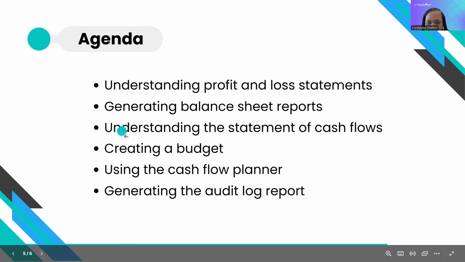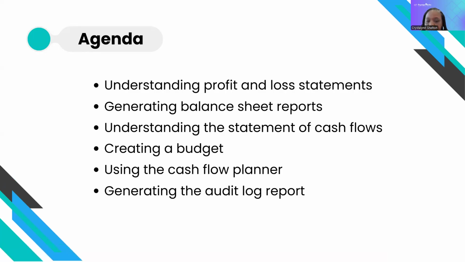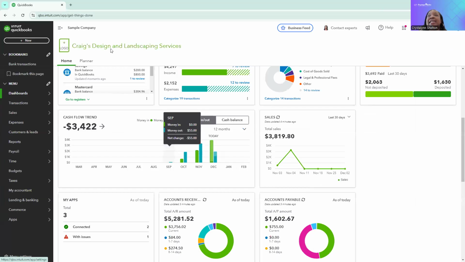For today's demonstration, I am going to be using a sample company called Craig's Design and Landscaping Services. This is what's called a QuickBooks Online Test Drive account. Anyone can access it. All you have to do is Google QuickBooks Online Test Drive, and then you'll be able to access a sample file just like this that you could play around in just to get an idea of